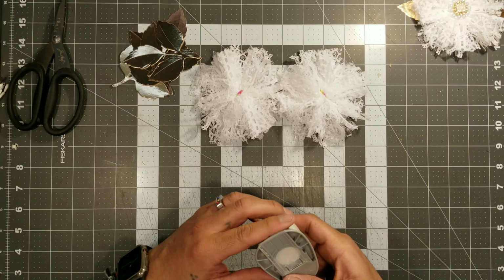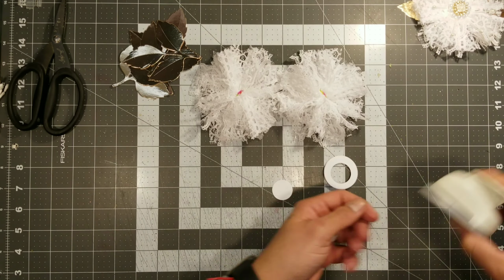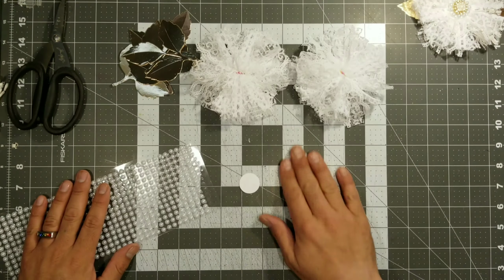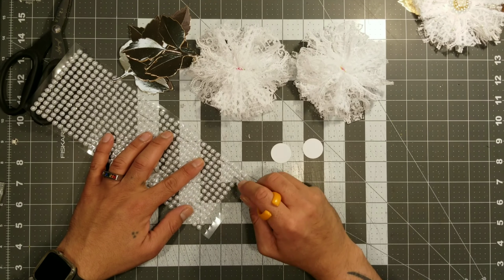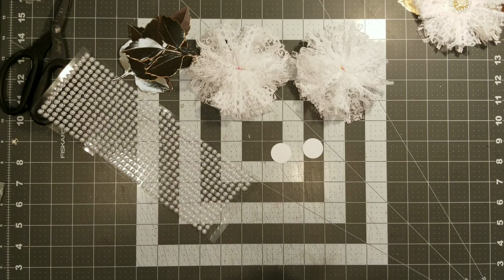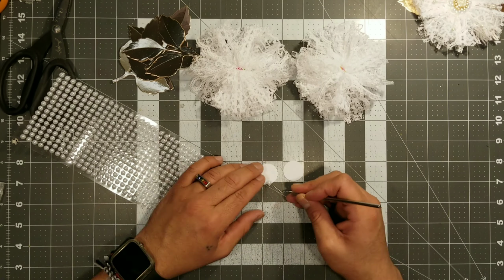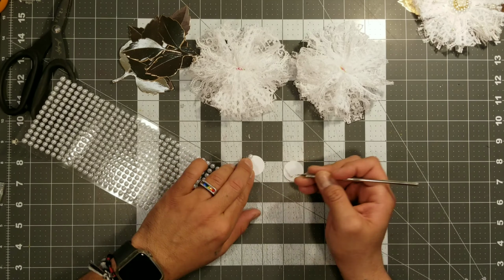And then right here, we're gonna go ahead and just cut out some little center circles. And I'm cutting out, these are about 1 inch. And the reason why, no, I lied. These are about 1/4 of an inch. No, 3/4 of an inch. Yes. 3/4 of an inch. And so I'm cutting these because I'm going to make kind of like a little center for these flowers. I'm going to just make a row of pearls,